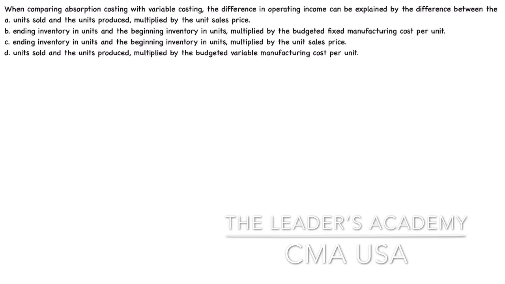In this question, what they are asking is, tell me the formula to find the difference in operating income. Previously I have solved another question about this where I explained in detail about absorption costing and variable costing. The link will be shared below. Please do watch it first. Then how are we going to solve this? The formula for this difference is the reconciliation factor formula.